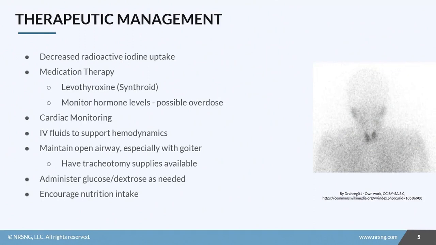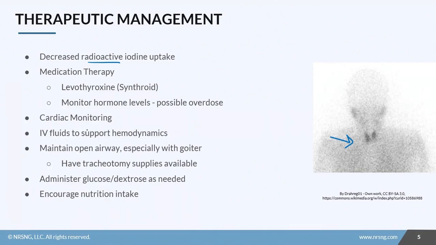So when we're managing hypothyroid patients, we can do a radionuclide scan, just like we did with hyperthyroid. We're going to give them that radioactive iodine. And what we're going to see is it's actually not going to uptake the iodine like it would have if it was normally functioning. You can see how pale that thyroid is. So if the patient is hypothyroid and we see that decreased uptake, those decreased thyroid hormone levels, increased TSH levels,